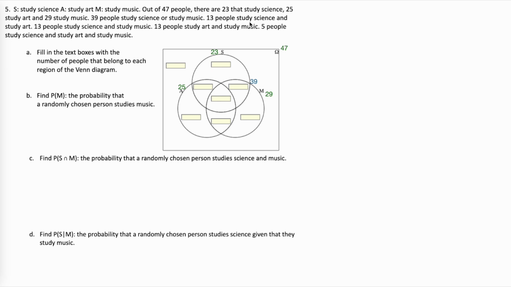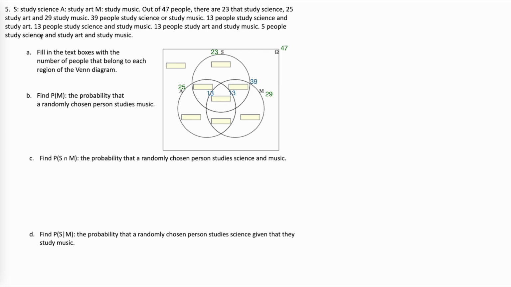13 people study science and study art. Study science and art is this little football-shaped region right here. I'm going to put a little 13 on the border between this part and this part to tell me that there are 13 in here. 13 people study science and music. Science and music is this region. I'm going to put a little 13 right there on the border to tell me that this region is 13